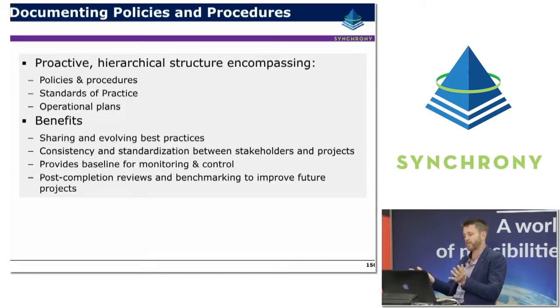So suddenly everybody has to agree to the same scope of work. The same rules of credit have to be agreed between the commercial team and the earned value team. So in order to do that, teams are going to be using the same language. So it really forces that alignment of structures and processes as well. So for example, claim schedules can start to be broken out in a format that starts to resemble the work breakdown structure. So it's a really good tool for starting to fuse and enhance that communication between different project teams. Provides, of course, a baseline for monitoring and controlling the project and those post-completion reviews.